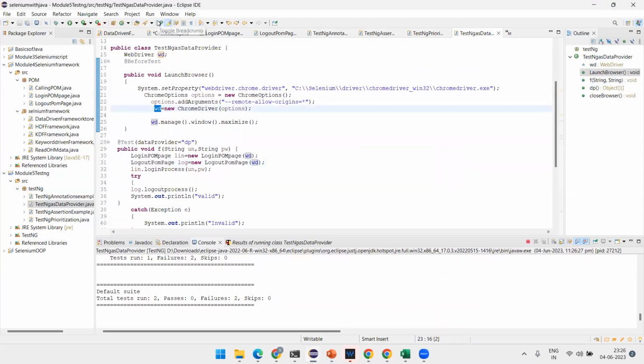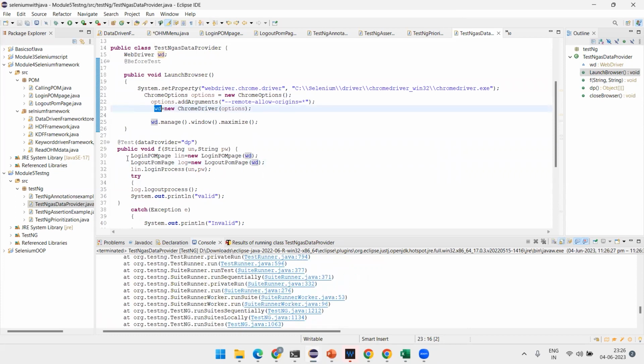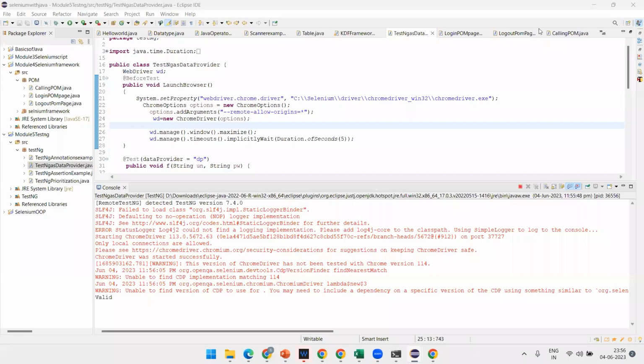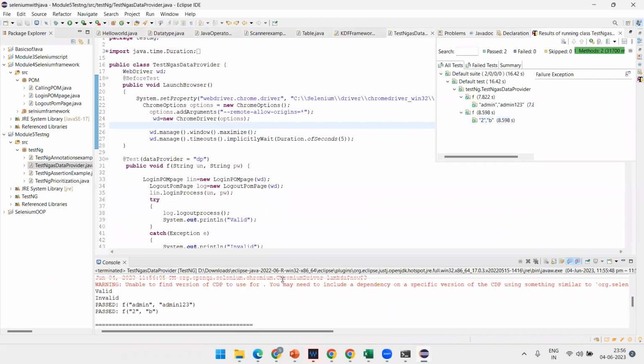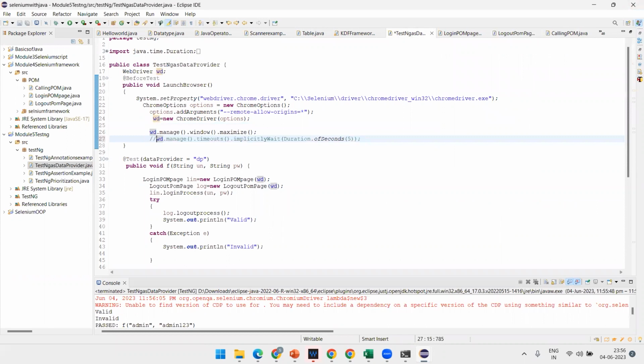Fine. Fail means login issue. It is not taking this login form page. Let me check. Give some seconds. Finally, I got a mistake. See, I have not mentioned the wait over here. Wait comment. If I run it,